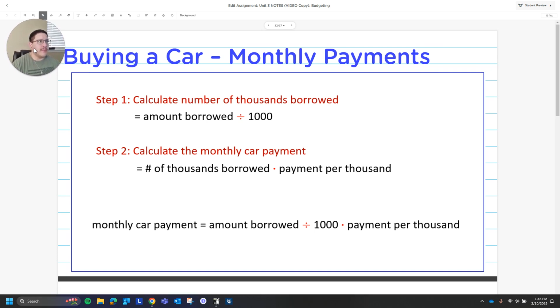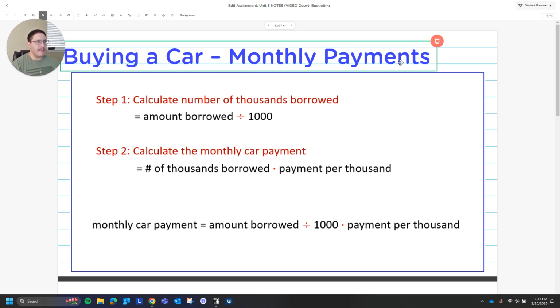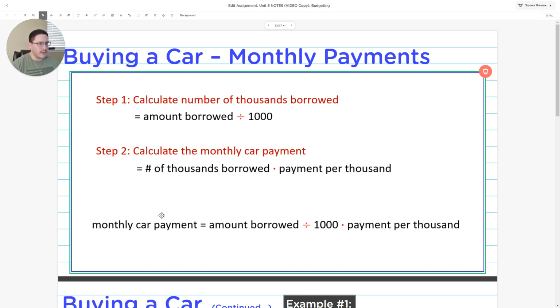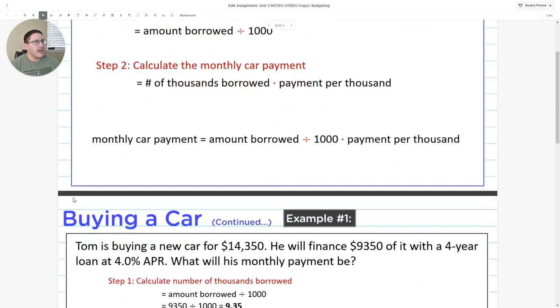Okay, so let's go through some examples. Buying a car and making monthly payments. A lot of the steps that we're going to take are going to be very similar to paying for a house, going through the mortgage steps. So you'll be recognizing some of the steps that we use to find these values. They're all based on amortization tables that have been made for you in these examples, and for the quizzes and for other problems as well. And we're going to use those tables to figure out certain things to add, subtract, multiply, or divide. Anyways,